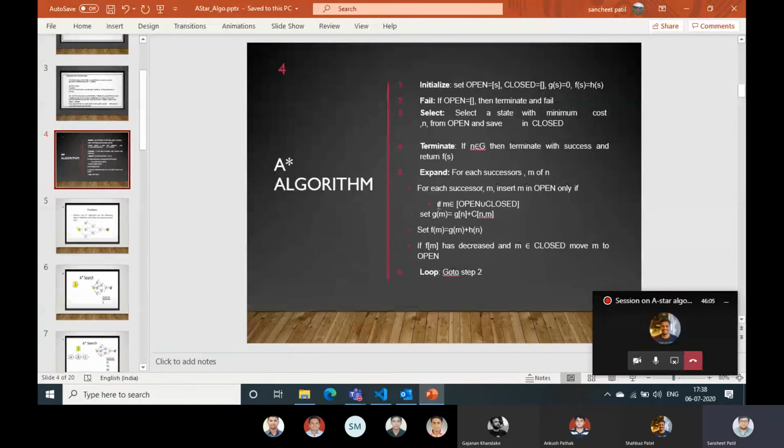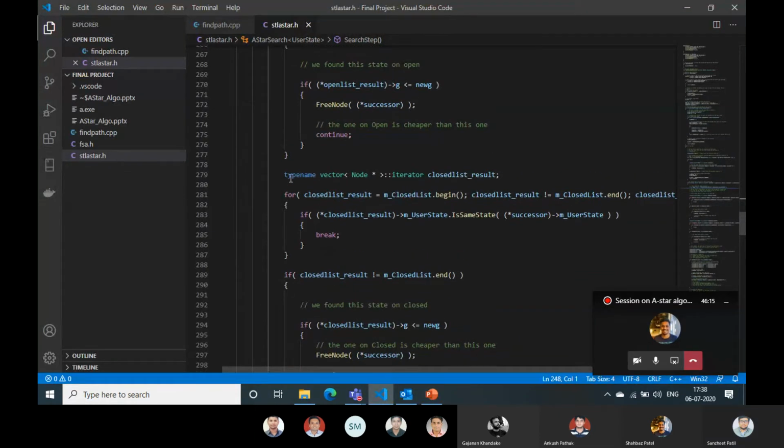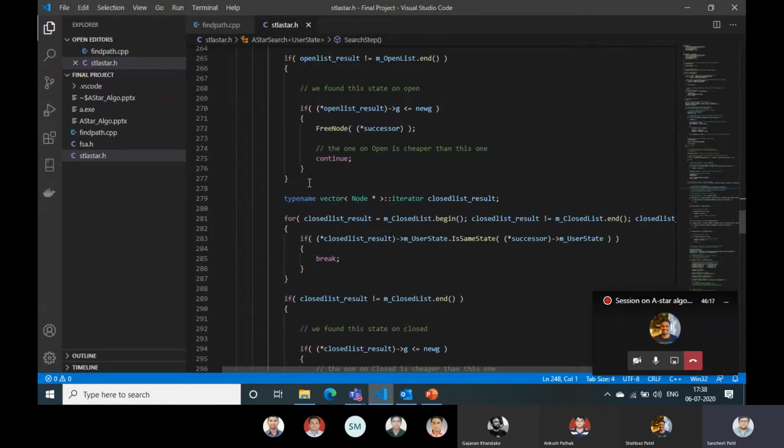What I have done is: all the successors which I have calculated, I am equating with the open list, whatever nodes I have in the open list.